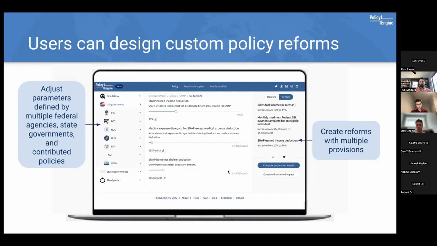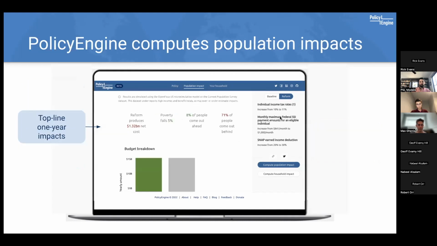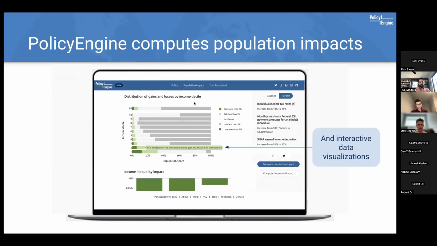As you're adjusting your parameters, you see your reform being built on the right side. Once you do that, we then run our microsimulation model and estimate the sort of top line 1-year impacts. So budgetary impact, poverty and inequality, as well as other distributional impacts. And these sort of come with a scrollable set of graphs that show